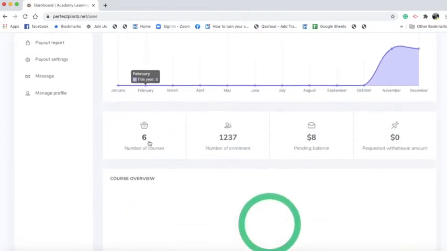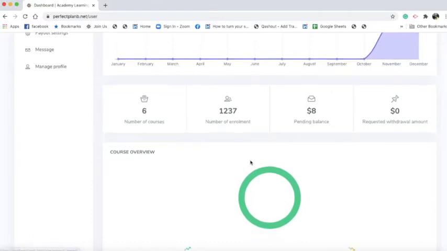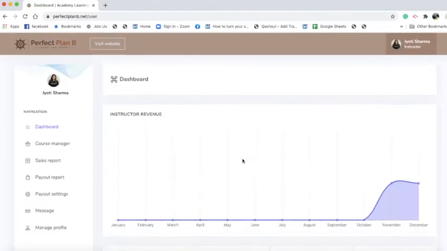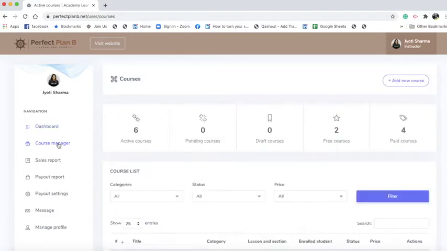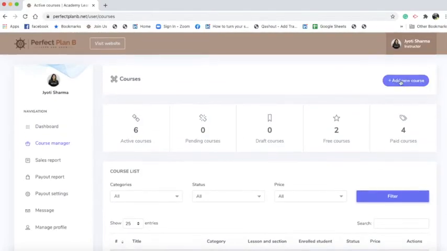You will see your revenue, your number of courses uploaded, number of enrollments, how much balance, request withdrawal amount, overview of the course, everything. Then if you want to upload a new course, you can simply go to course manager, or if you wish to edit a course, again you can go to course manager. This is the option to add a new course. You can click on add new course